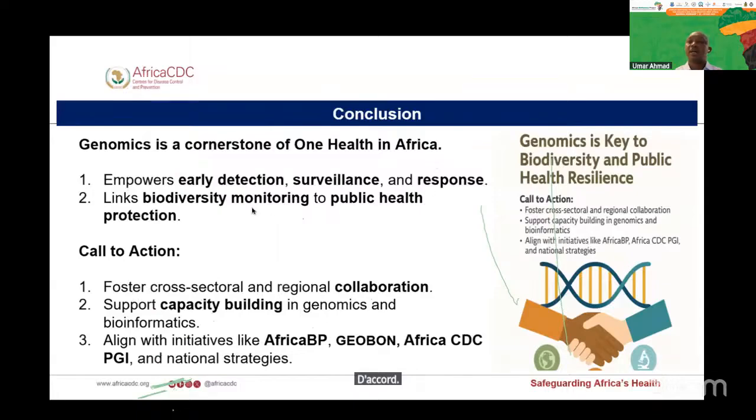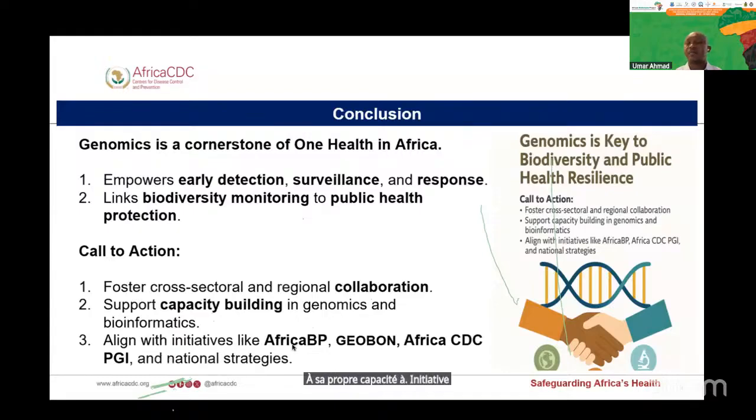So to conclude my talk, basically genomics is a cornerstone for One Health, particularly in Africa. It empowers early detection, surveillance, and response. It links biodiversity monitoring to public health protections. So my call for action is basically to foster cross-sectoral and regional collaborations, inter-country collaborations, support capacity building in genomics and bioinformatics, as well as align